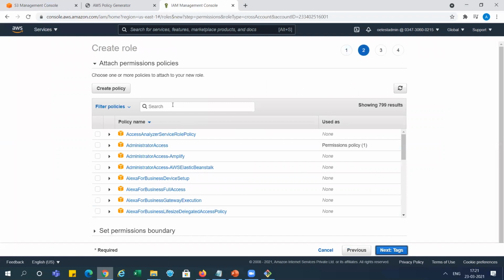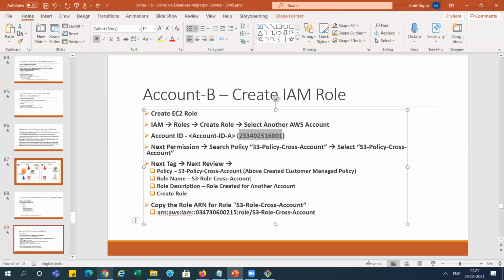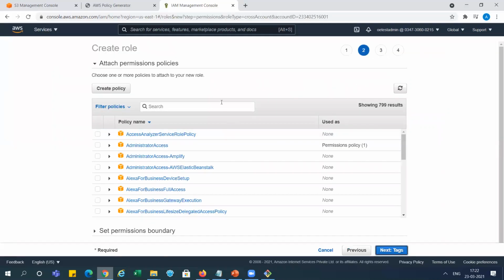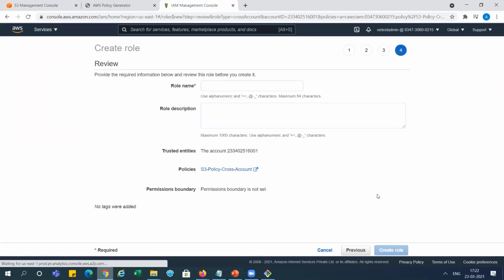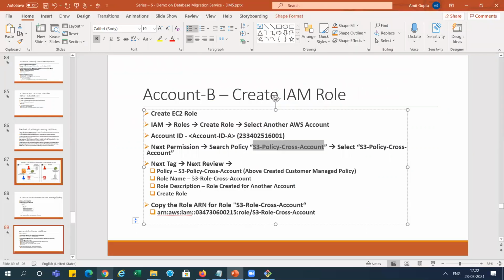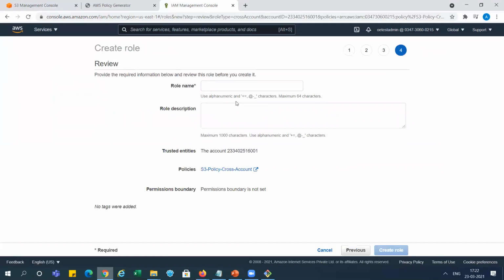Here we need to select the policy, right? So we have the policy named S3 policy cross account. This is there. I'm selecting it. Next tag, next review, and the name of this role is S3 role cross account, right?